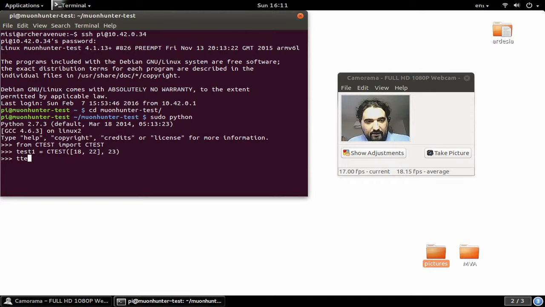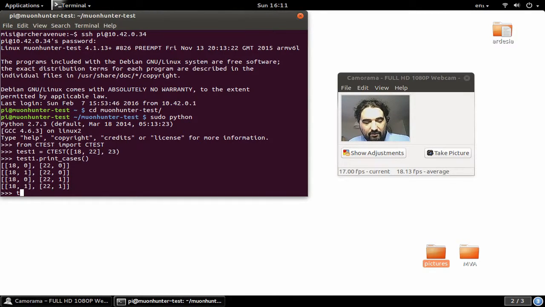You can check what it will do by saying test1 print cases. It will set logic 0, low, on pin 18 and pin 22 first. Then logic 1 on 18 and 0 on 22, etc.